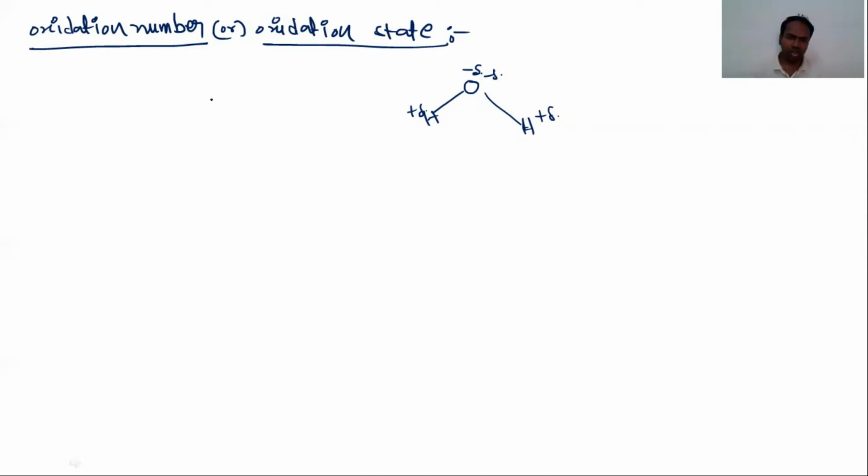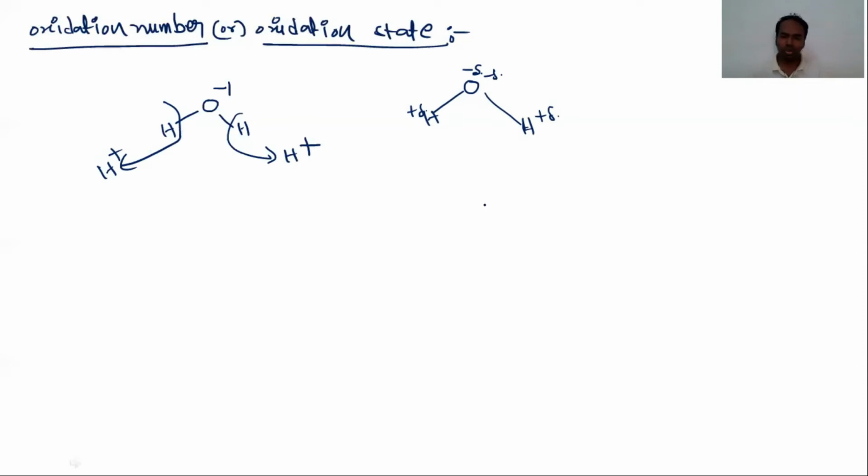So if you take the water molecule, then remove the hydrogen as H+. When you remove the H as H+, what is the possible negative charge that appears? -1. Again, break this bond and remove one more H as H+. Why only H+? Why can't it be H-? Because here hydrogen has the lower electronegativity.